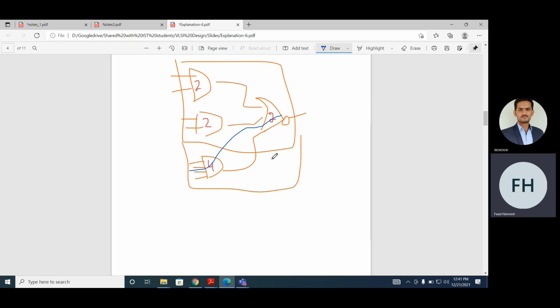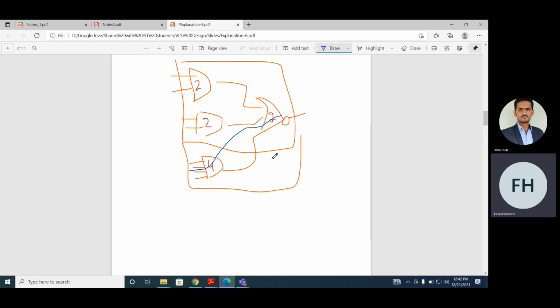For each network there will be a critical path. Maybe there is a critical path in the PMOS logic, maybe there is a critical path in the NMOS logic. You do the transistor sizing. Once you do all the transistor sizing, then you calculate the worst case delay of this design. But this delay is only relevant to this cell.